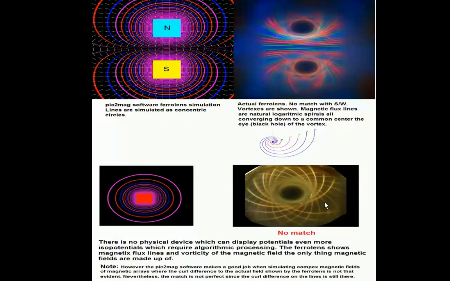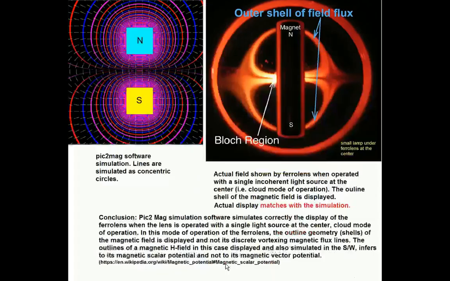However, an experienced, trained eye can see the difference in the curl of the magnetic force lines between the actual display from the ferrolens and the simulation. But again, I see for magnetic arrays what we get with the Big2Mac simulation program is close enough to the actual field shown by the ferrolens. Where the Big2Mac program excels and is very good is in the case we operate the ferrolens in cloud